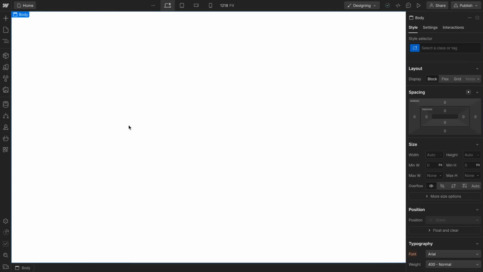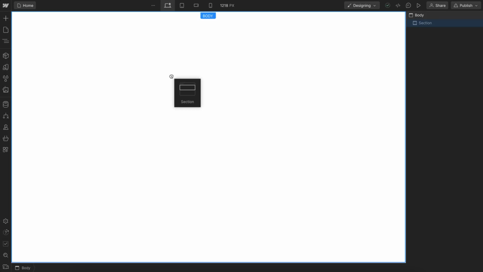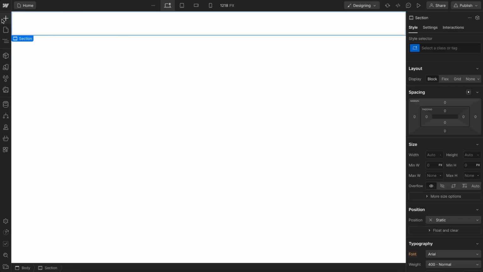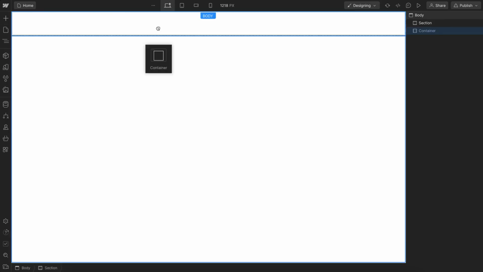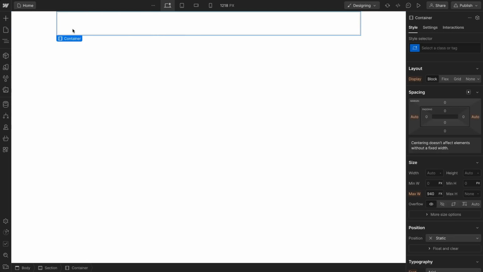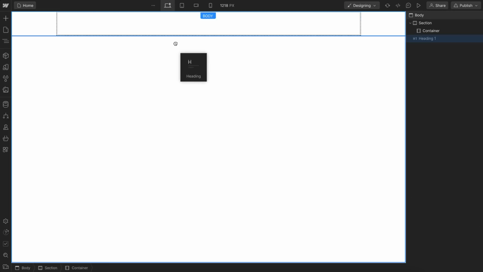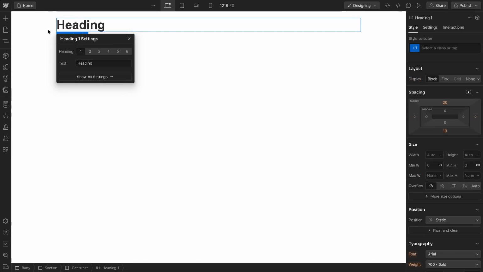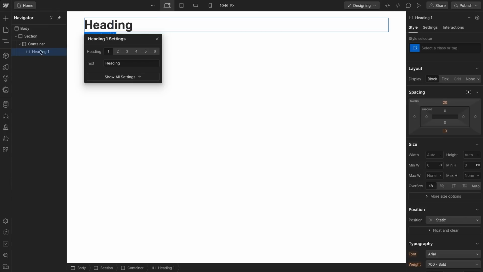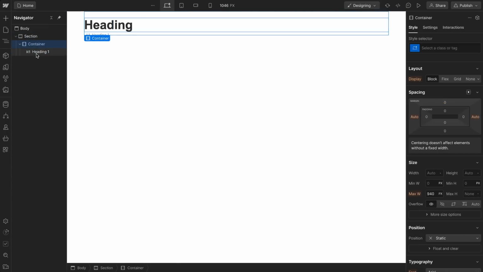Now, to set this up in Webflow, we can head to the Add Elements panel, and we can drag a section onto our page. And inside that section, we can add a container. Now, inside the container is where our content goes, so we can add a heading element into the container. And to see all this, we can click the navigator, and here we have a section, container, and inside that